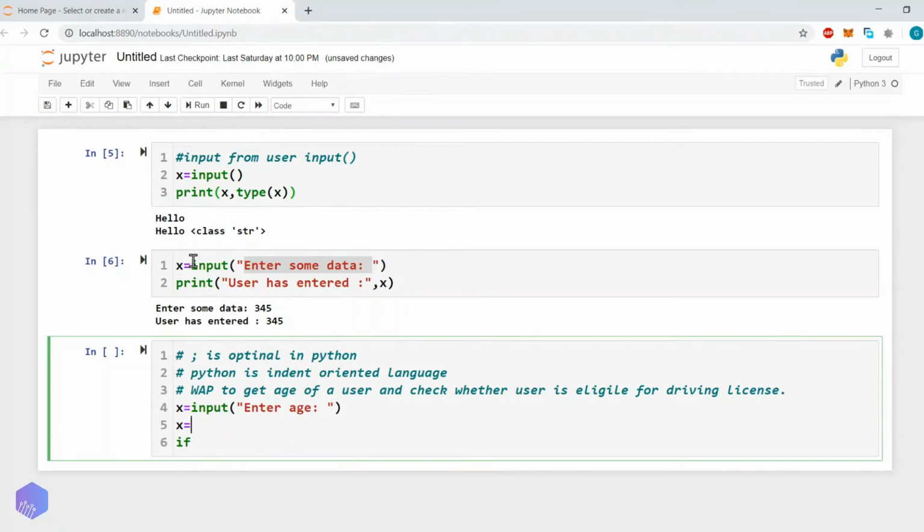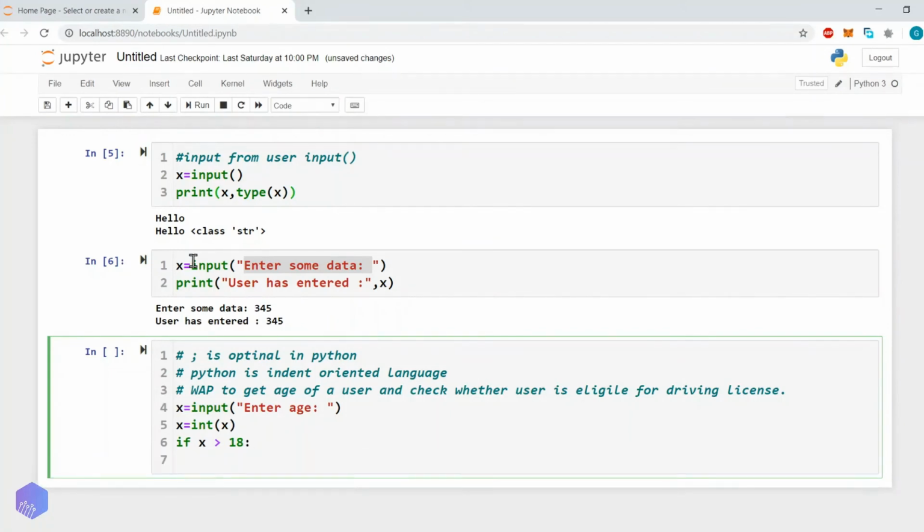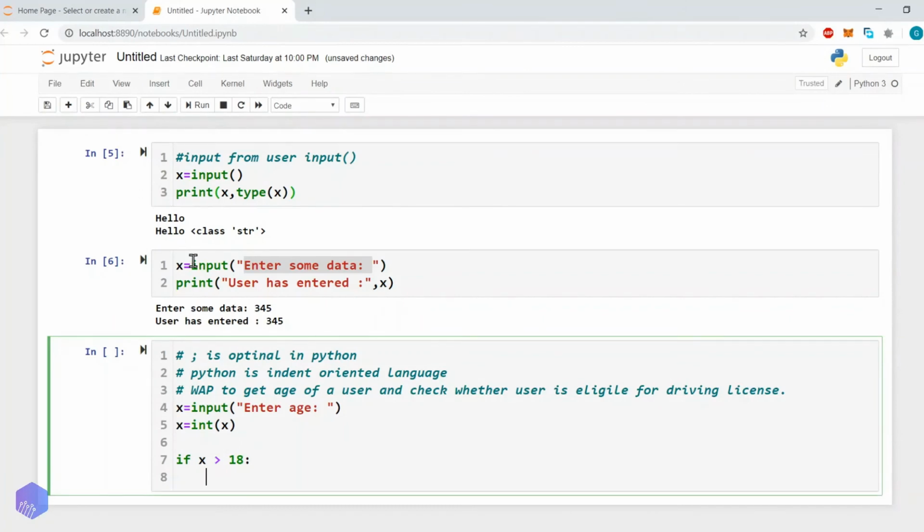Typecasting in Python is done like x is equal to int of x. We will not take any other variable, but use the same variable, so it is converted into an integer. Then we check the eligibility criteria for a driving license: if age is greater than 18 years. We have stored it in x, so if x is greater than 18,